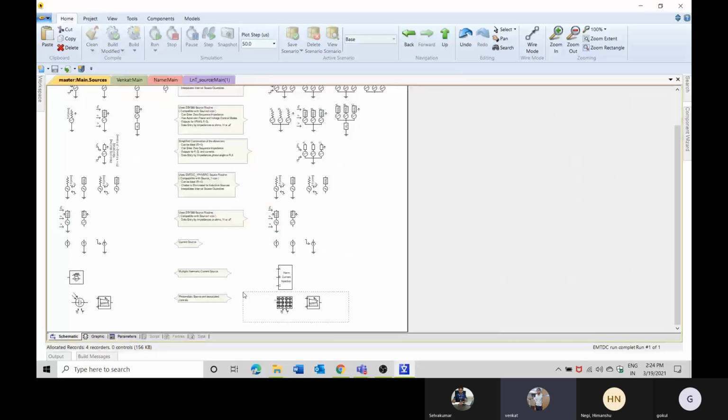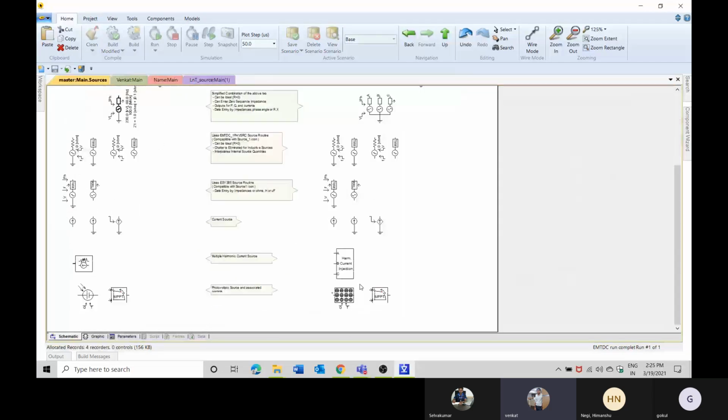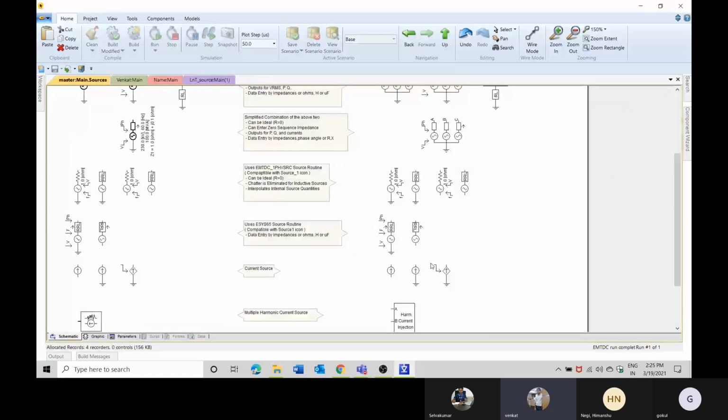This particular one is used for the solar MPPT controller. And if you want to inject harmonics, then you can use this particular harmonic injection source. If you want to inject a current, then you can use these three types.